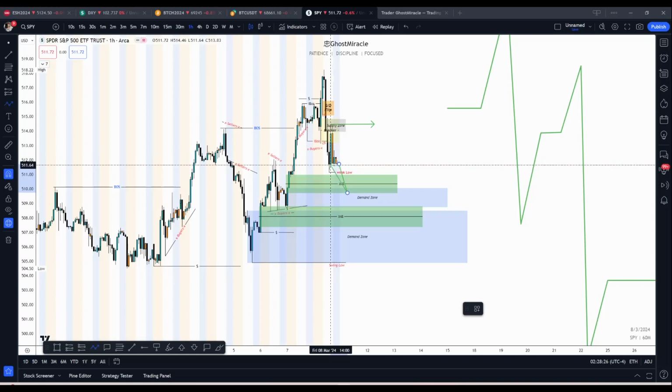With that being said, it's still valid. So I would look for some kind of reaction. Overall, price will probably come in here, tap into this, pull back into this huge supply, which is kind of like what do you call it? Entry model 8, right? Because you had an excessive candle to the upside,